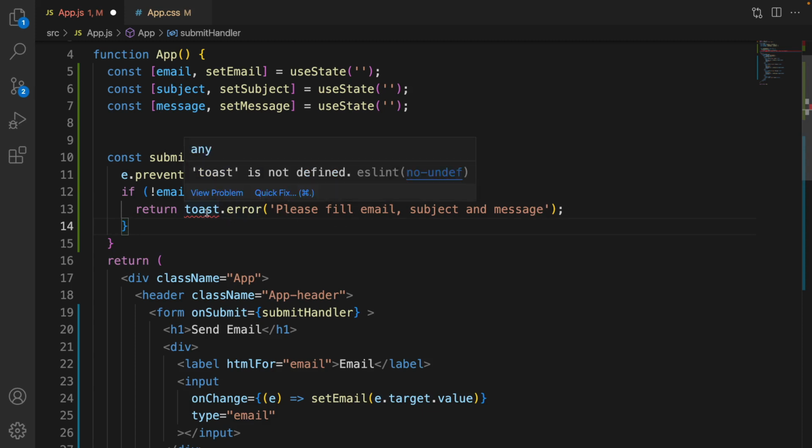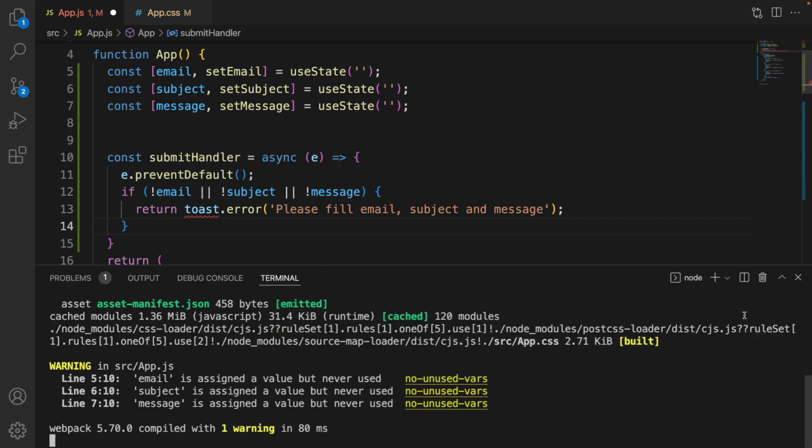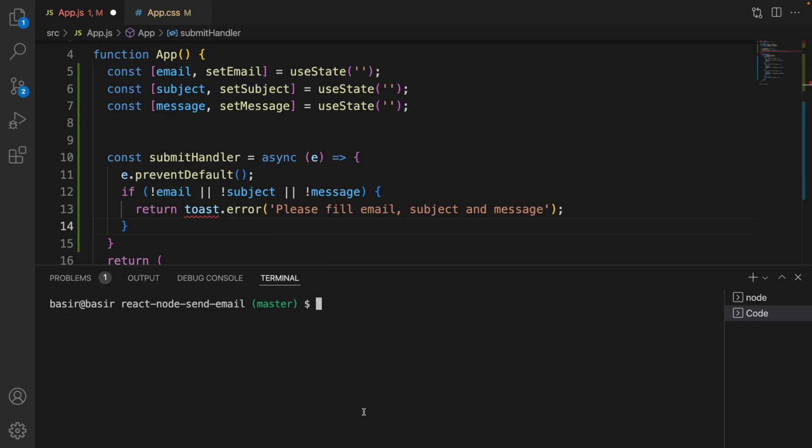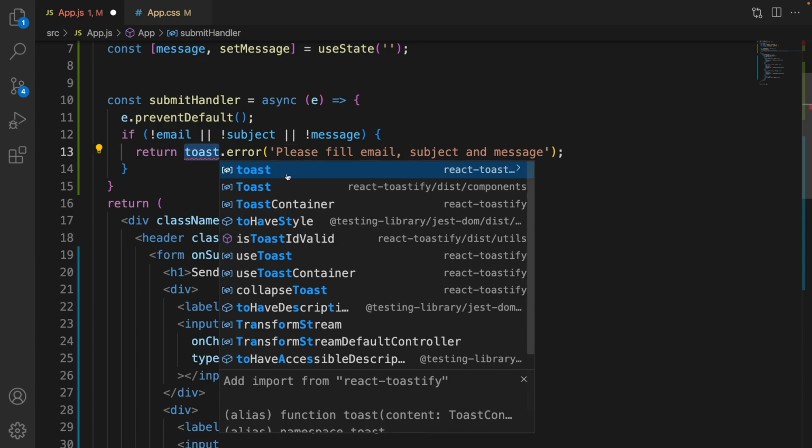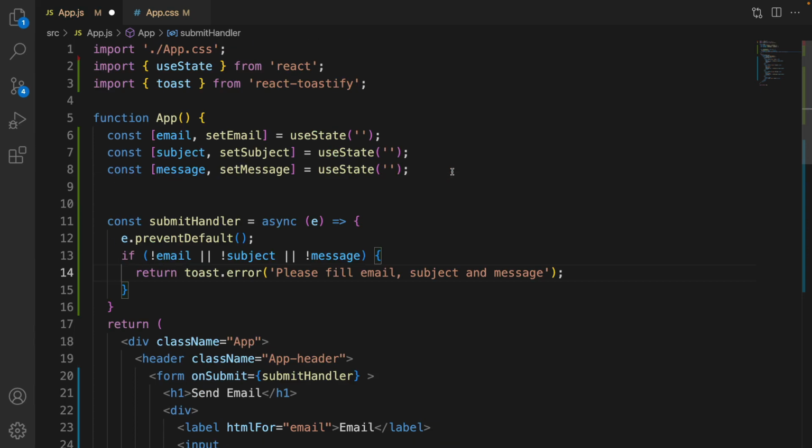So I'm using toast from React Toastify. Open your terminal, click on plus, and npm install React Toastify. Also install Axios too. We need to send AJAX request, so we need Axios to send AJAX request. Press enter. After installing this package, control space on toast, click on React Toastify, so it's gonna be imported like